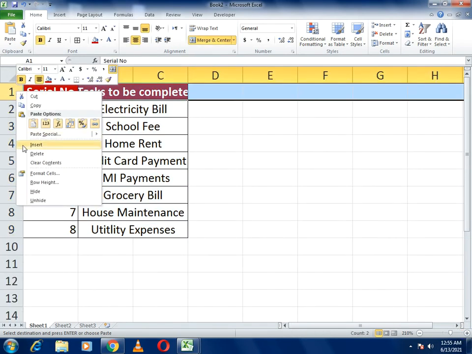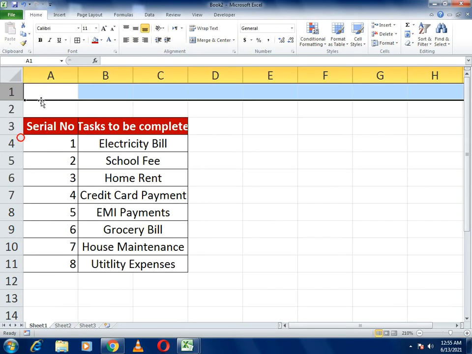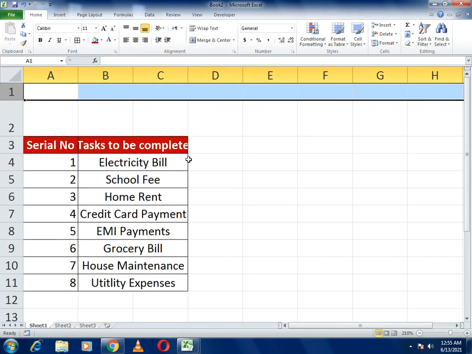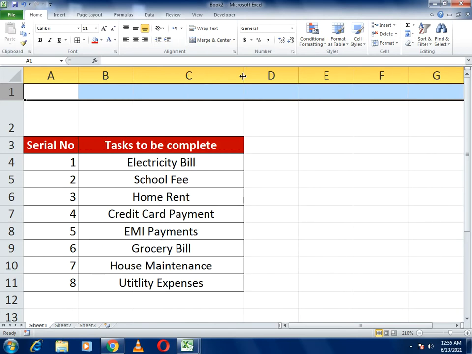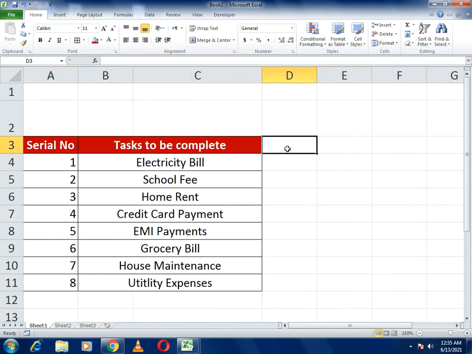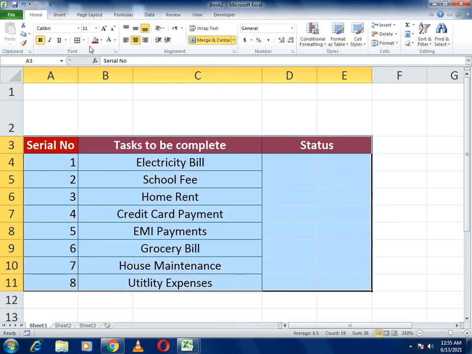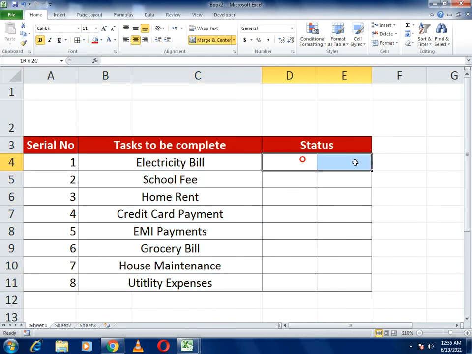Now we write here insert, and in the insert you have to just drag here, and now we start our lecture. Now we write here first status, and make the status in the same bar, so you can see here the status. I make it bars here, merge in center, and drag here down. Now you can see here this is the chart.